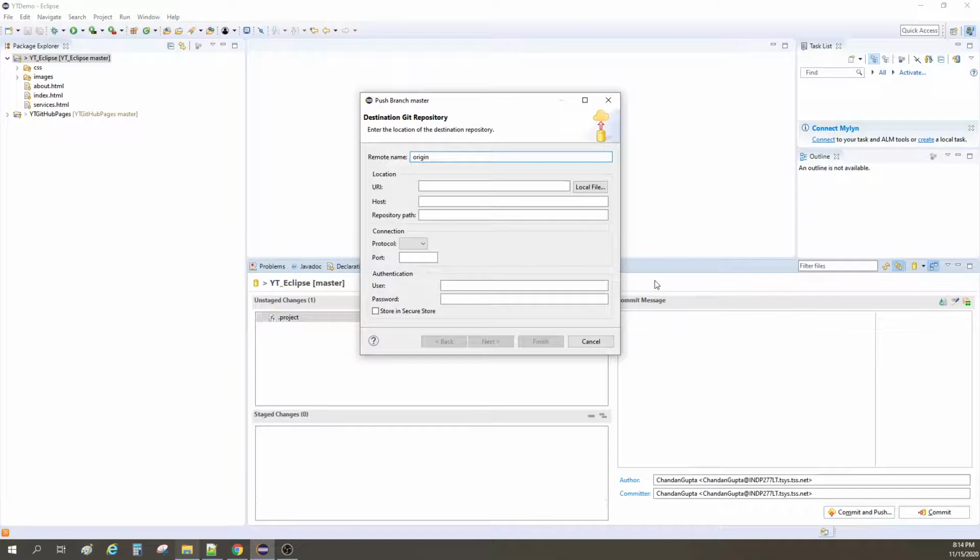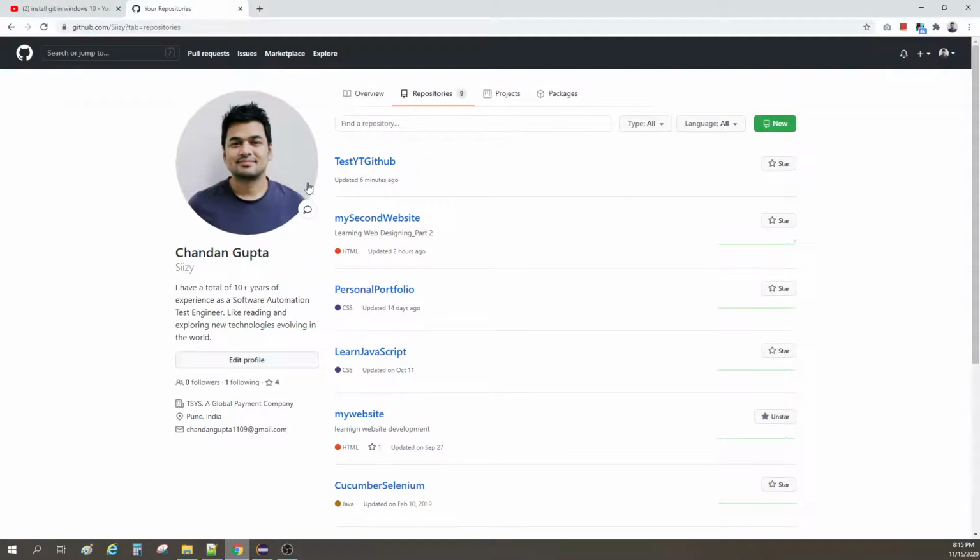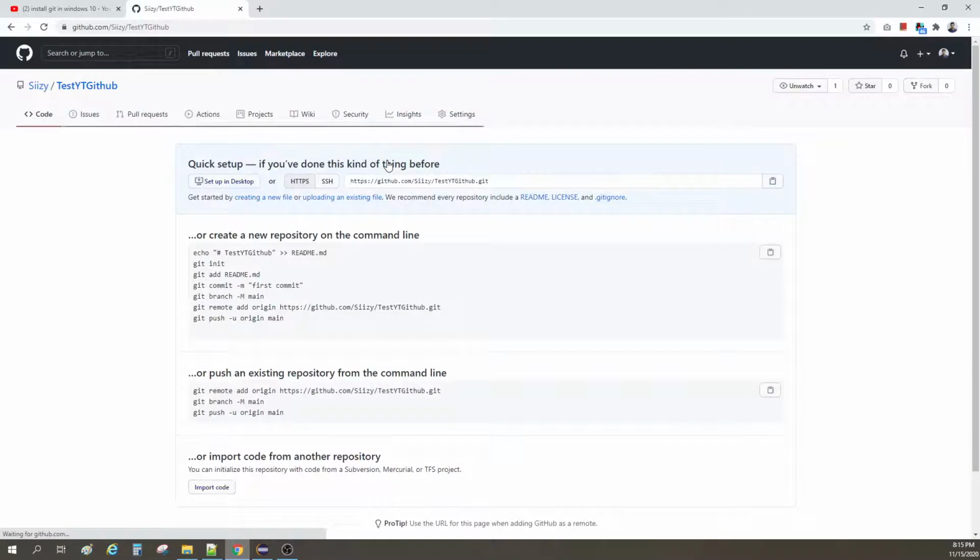Now when I click on commit and push, okay, it will ask you for all this information. Now it is asking you, okay, you want to push it to Git repository, tell me the location. Okay, tell me the address. So what you have to do is you have lots of repository, you cannot just go and push it to anyone. So you have to specify which repository you're going to push it to. So we'll go for this. This is the one we have created for this video. So I'll click on that, and